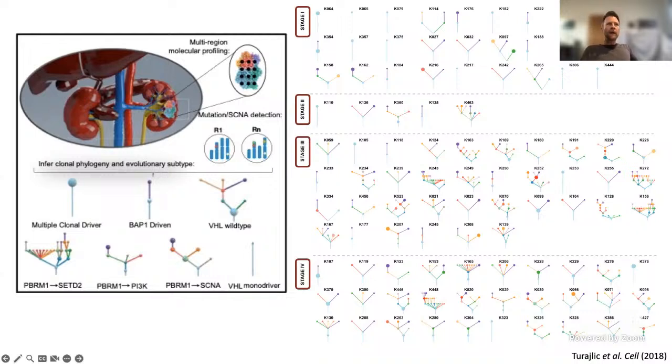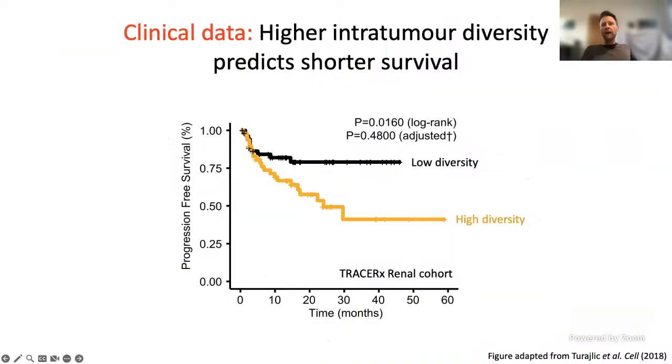And that is something that the TRACERx team expected to see, and in fact was one of their pre-registered hypotheses that they wanted to test. And that's something that we also wanted to look at to see if we could understand the nature of this relationship. So here's the pattern that the TRACERx consortium reported. What they did was they applied an intratumor heterogeneity index, which basically looked at how branched the trees were in some sense. And they split all their cancers into two groups, one with low diversity and one with high diversity according to their index.